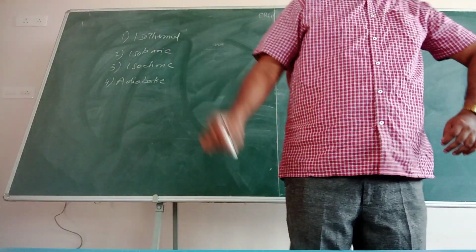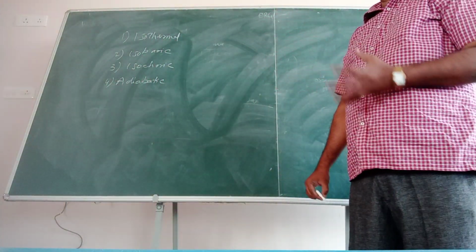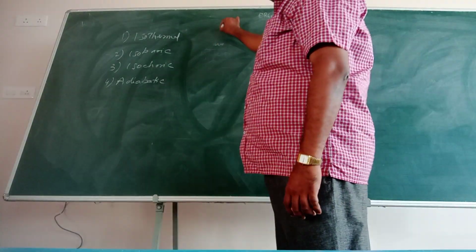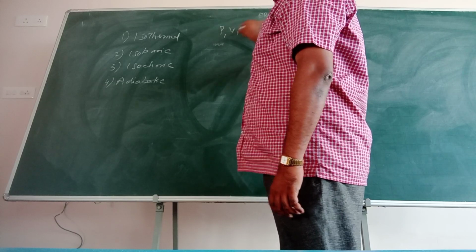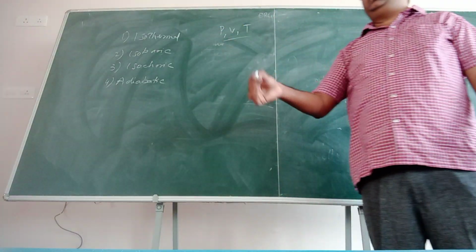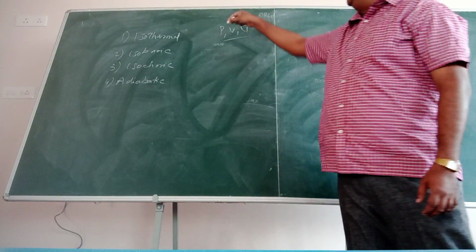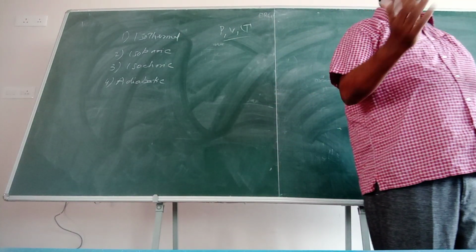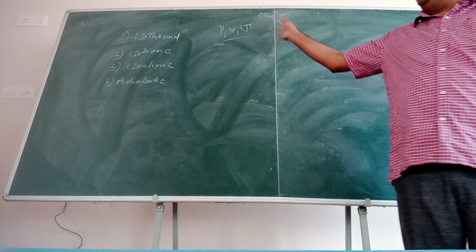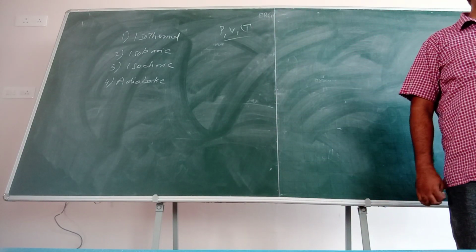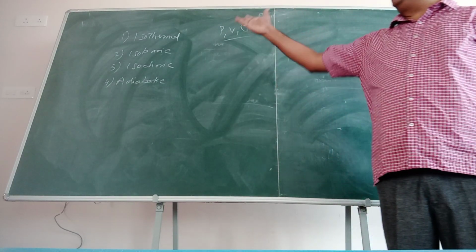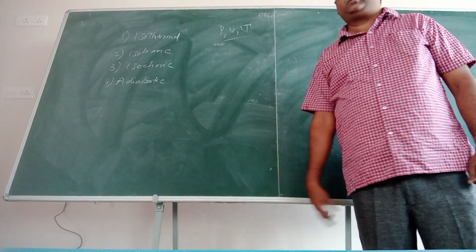Like I told in that class also, basically when we are dealing with gases, we will be talking about parameters which are pressure, volume and temperature. Usually we keep one constant and study the other two, because this gas has a nature which is highly expansive. So if you keep all three variables, studying that will become a little difficult. So in one of the processes you keep temperature constant, which is called isothermal. Sometimes you keep pressure constant.